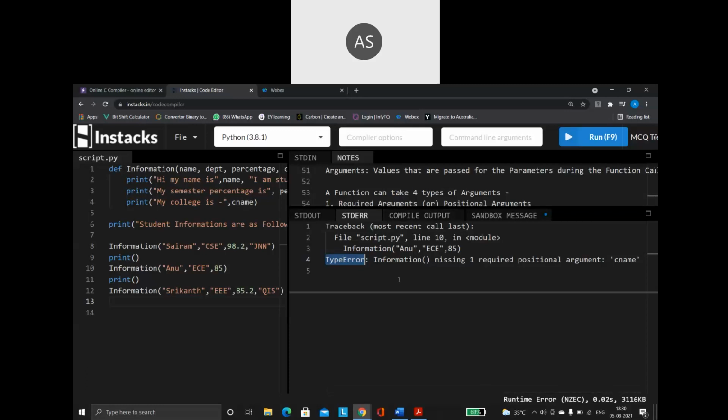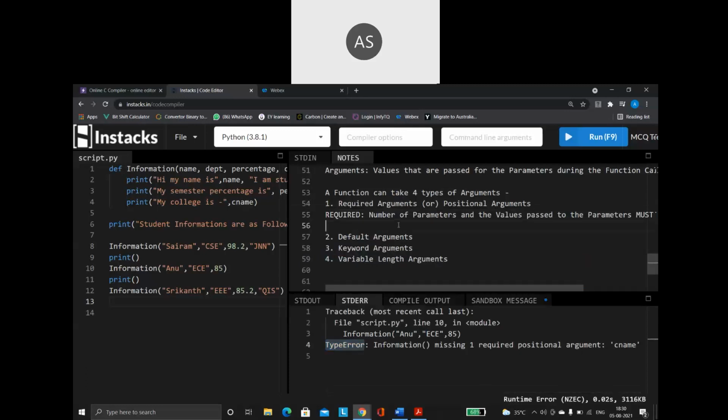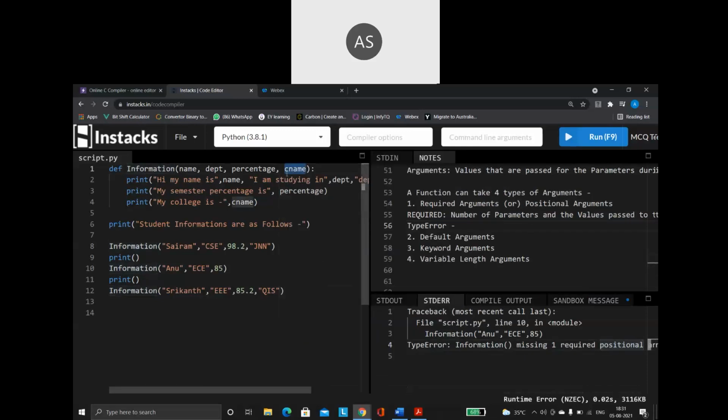So when this is missing, what error will you get? You will get something called a type error. And what does the type error say? It says this function, that is the name of my function, is missing one required positional argument. It is compulsory that I pass the value, but I am not passing it.